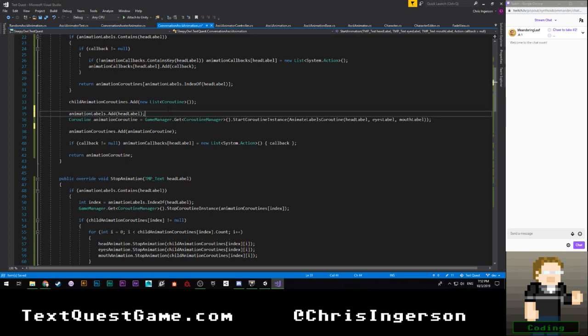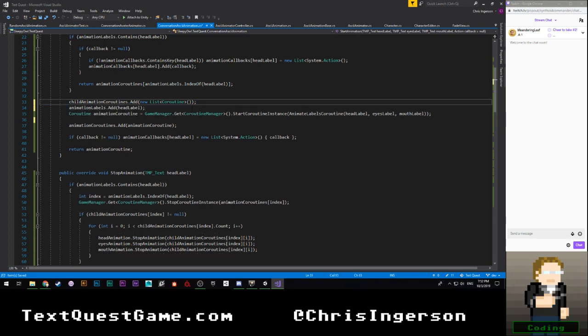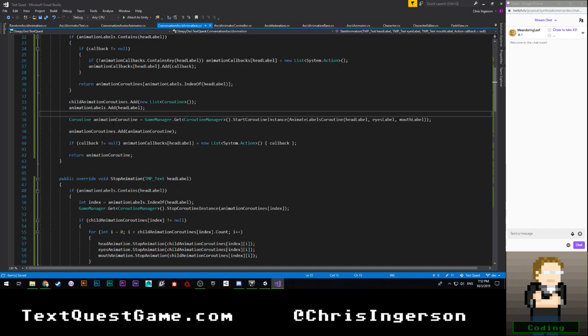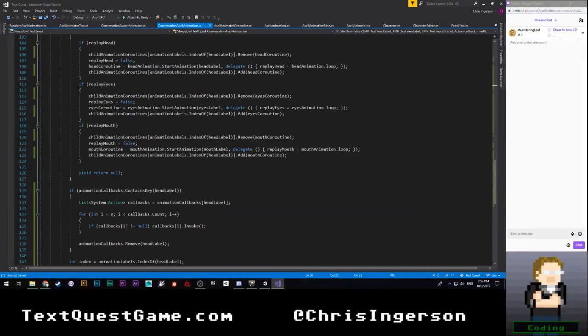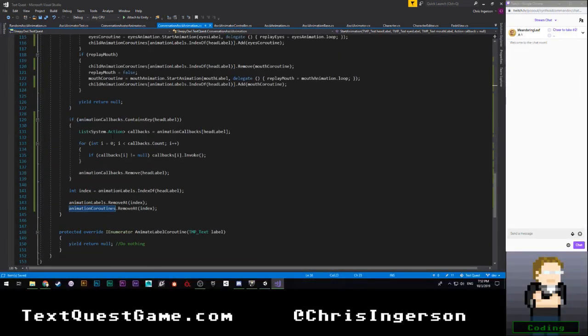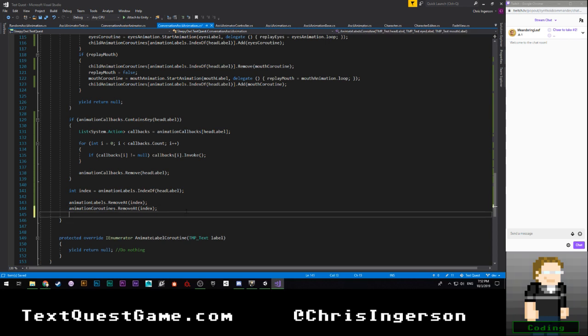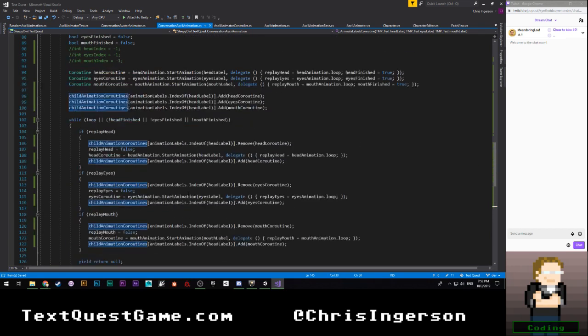This needs to go up here too. Yeah, I knew that that was going to be a little awkward because I can't add this animation coroutine until we get to the end, but fortunately I don't think we need it in the actual coroutine. Okay, yeah, so we are good. Yes. And then at the very end here, we're going to want to say child animation coroutines dot remove at index. Okay.